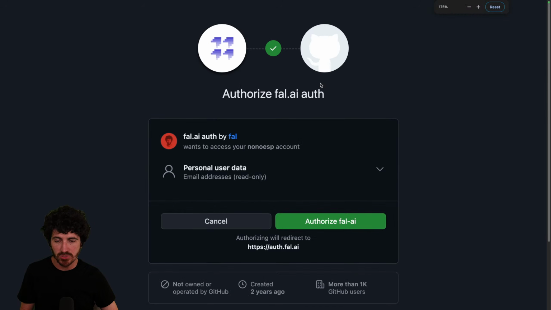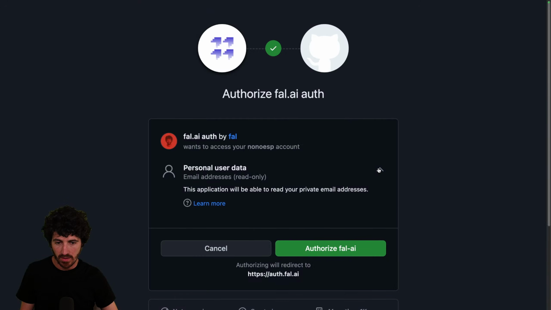So I can really show you that the only thing is that this asks us, do you want to authorize Fal AI authentication? It wants to access my account data, and it will be able to read your private email address. So that's all it's going to do. It's going to get some authentication of your GitHub account, know your email, and that will create an account on their service as well. So I'm going to hit authorize here,